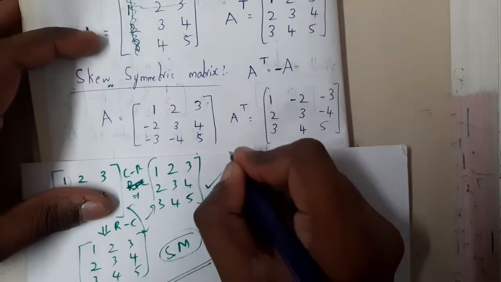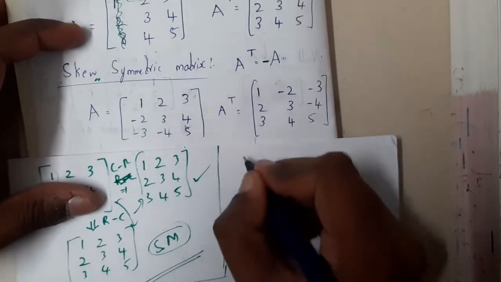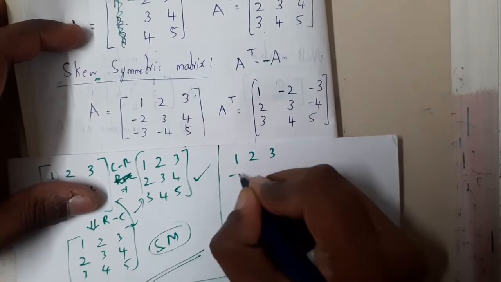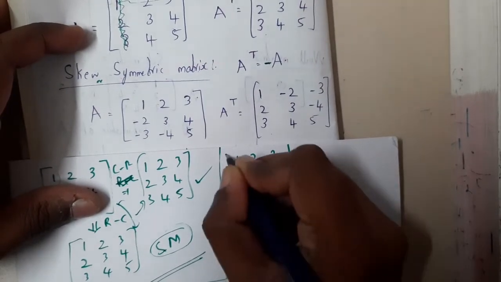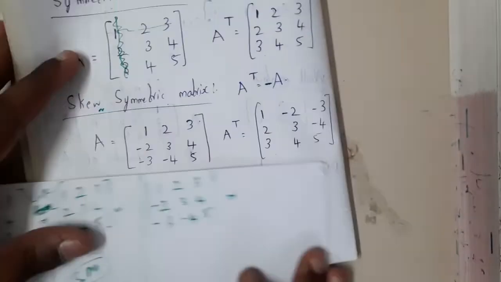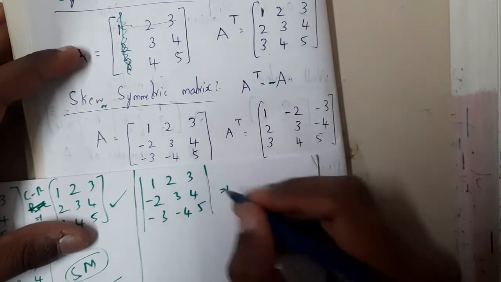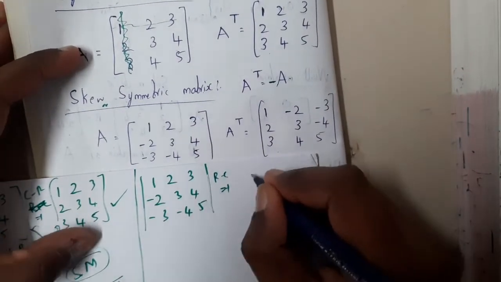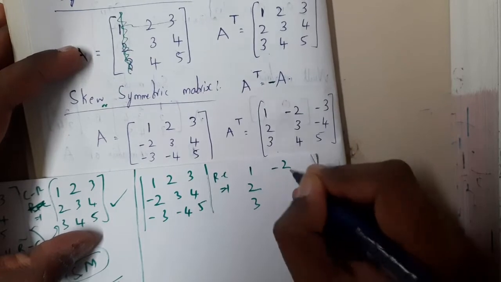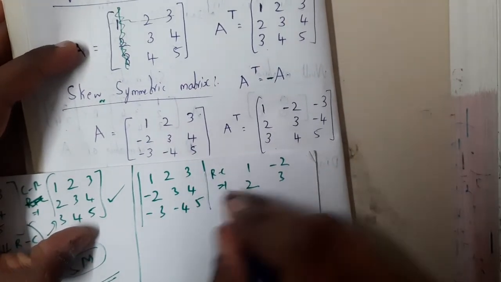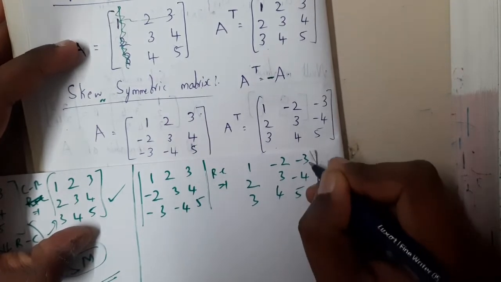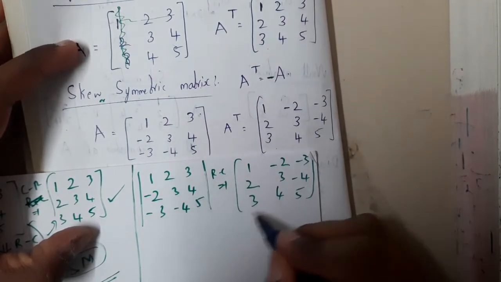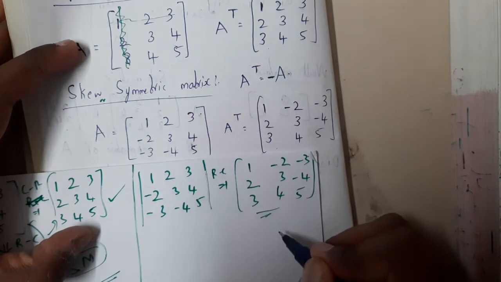Okay, so let me draw a line so that it will be clear for you. Okay, so let me write the exact matrix, guys. So from now on, I'll be doing only one transpose, guys. I'll not be doing both things because that might lead to confusion for you, right? So now let us continue. So here I'm doing rows to columns, guys. So rows to columns I'll follow 1, 2, 3, minus 2, 3, sorry, minus 2, 3, 4. Okay, and minus 3, minus 4 and 5, right? So if you observe this matrix, if you multiply it by minus, what will you get, guys?